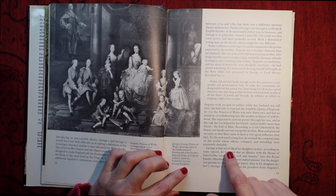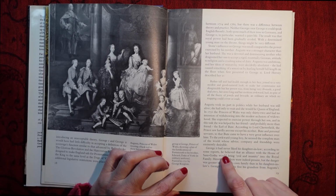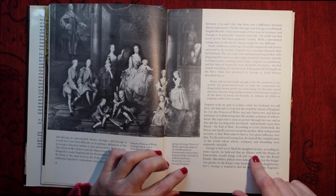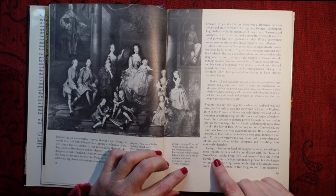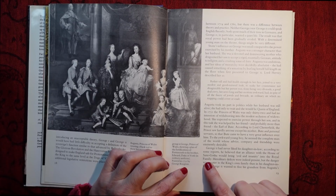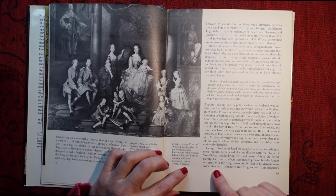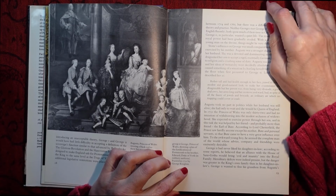George II had never liked his daughter-in-law. According to some reports, he believed that an alliance with the House of Saxe-Gotha would bring evil and insanity into the royal family. Hereditary defects were indeed present, but the danger was greater in the king's own family than in his daughter-in-law's. George II wanted to free his grandson from Augusta's